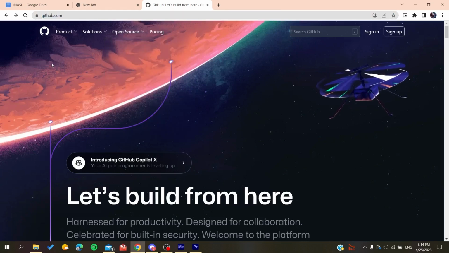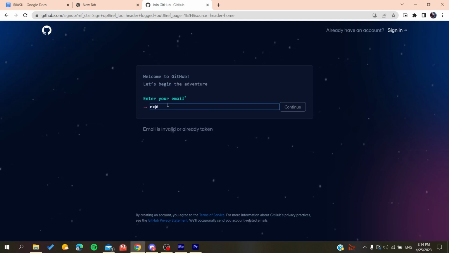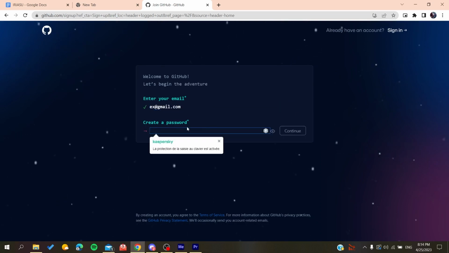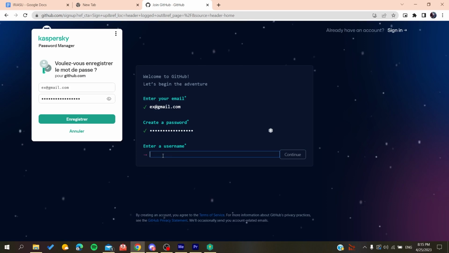And now we will need to create an account so we can be able to use the GitHub services. So basically all we need to do is to click on sign up and then it will redirect us to the sign up page. And now you need to add your email, then gmail.com or any other email that you are using. You click on continue, you create a password. So if it was anything like that, you click on continue and then you will add a username, for example